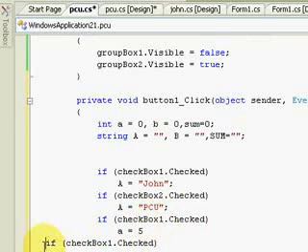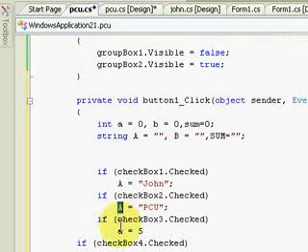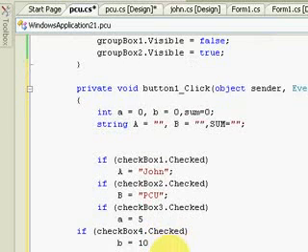Then again, I'm going to change this because that is checkbox 3, checkbox 4, and then this is 10, and this is b. This is b, then this is big letter B. Okay, now sum is equal to a plus b. This is the integer, and now this is the string. Sum is equal to a plus b, also the string.